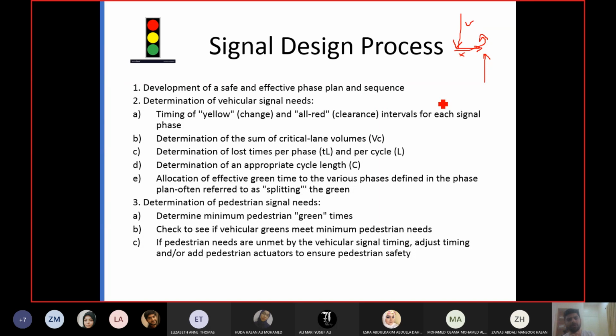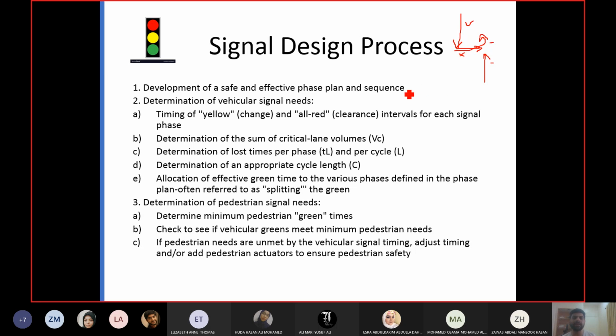So if a movement has a very low volume, you may allow it with another movement which has a minor conflict with it. So this one is straight, and this one and this one is like a minor conflict. These are merging, so they are not moving in different directions. They are coming from different directions, but they are merging together. So the conflict is minor. You may allow it, provided that the volume is very low and the drivers are not like this.